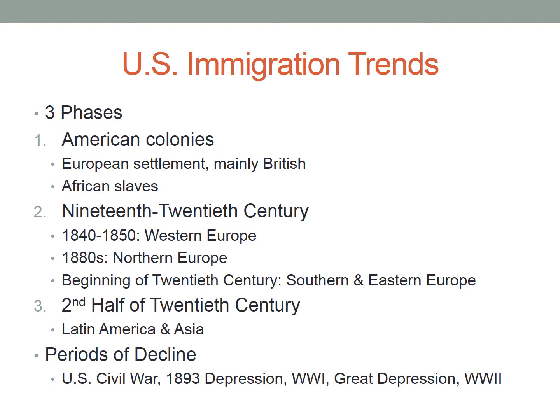The second major phase started in kind of the mid-1800s, and as these countries moved through the demographic transition model, as they moved through the migration transition model, we see outmigration from each of these areas. So Western Europe, first region to go through the demographic transition, we saw outmigration from there. Northern Europe, later, outmigration from Northern Europe. Then the beginning of the 20th century, so right around the turn of the 20th century, that is the 1900s, we started to see Southern and Eastern Europe as that industrial technology diffused there, as they entered stage 2 of